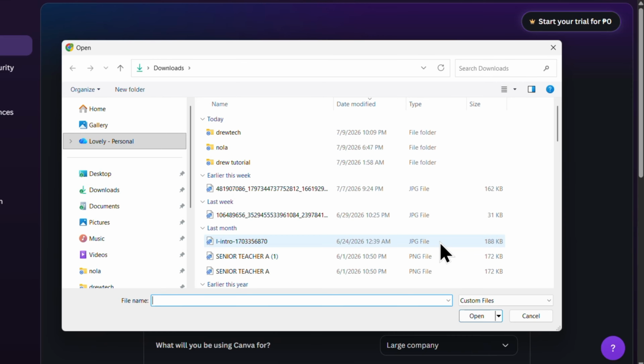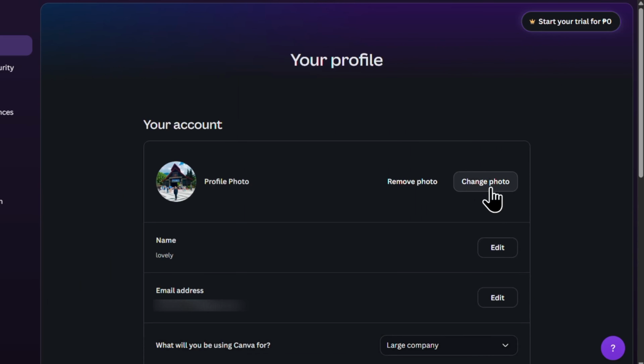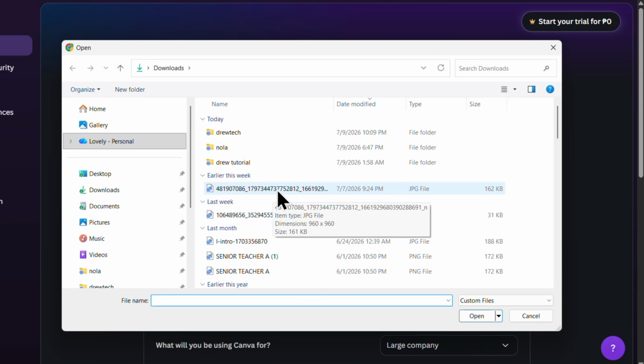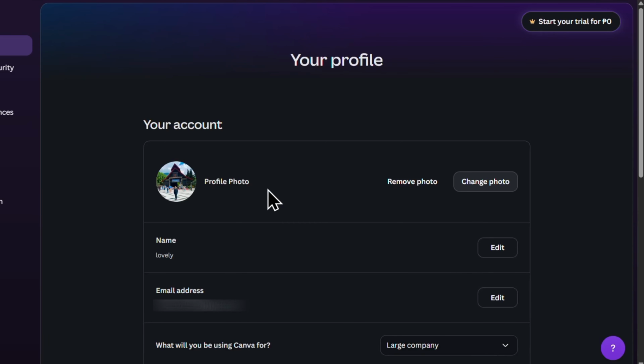Or you can also click change photo right here on the right side. Then choose the image you want to use. So select an image from your computer or device. You can double click on it to upload it, or you can click open and it will upload to your